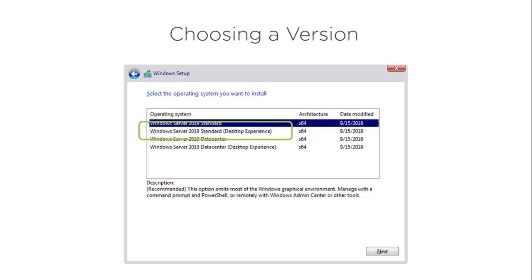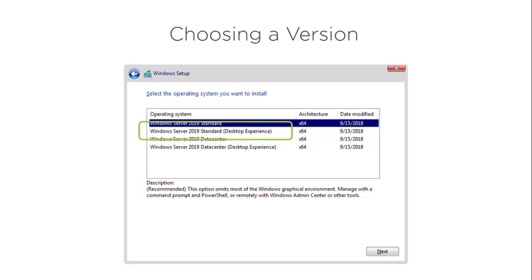When you install Windows Server, there is an option called Windows Server 2019 Standard, which means you are installing the server without a graphical user interface, without Desktop Experience. The second option, as I highlighted, shows that it is installing the Desktop Experience.